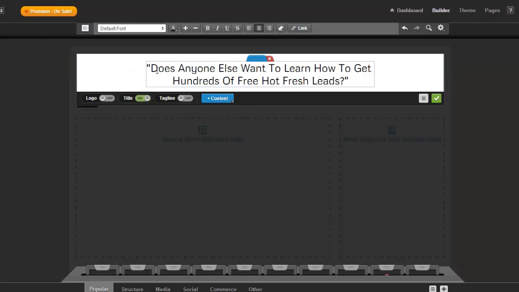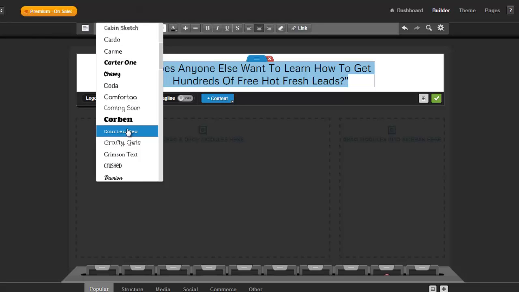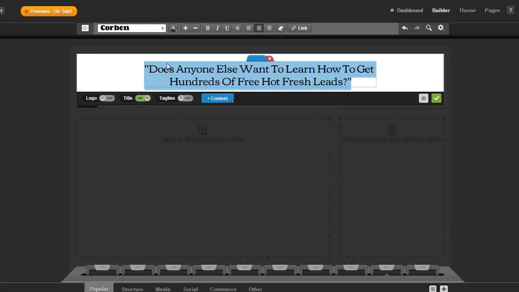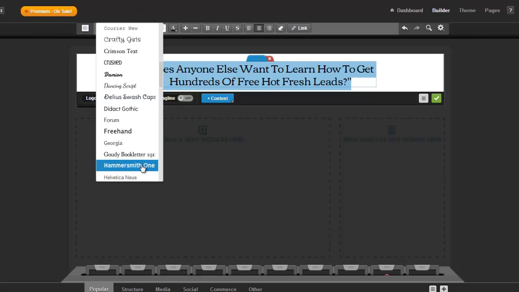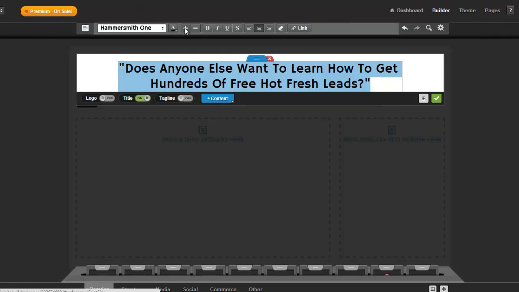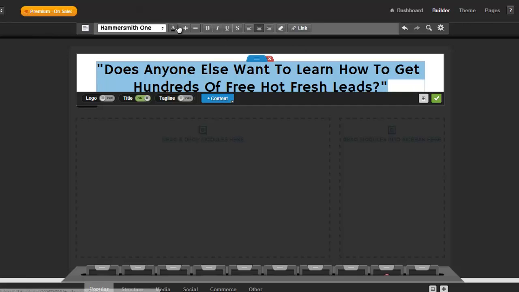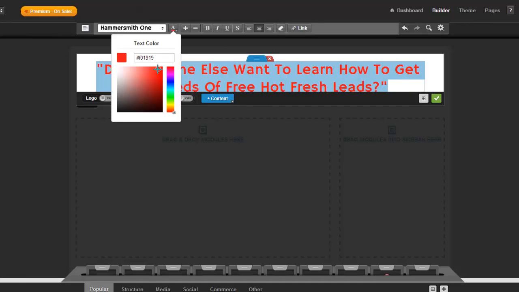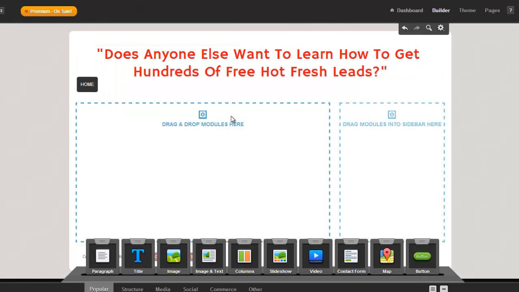And then I'm going to make this a little bit bigger. Let's use that font right there. No, let's use a different one. That looks good. Now let's increase the size of this, and I'm going to change the color from that black to red. I'm going to check this off, and what we want to do here is put an image